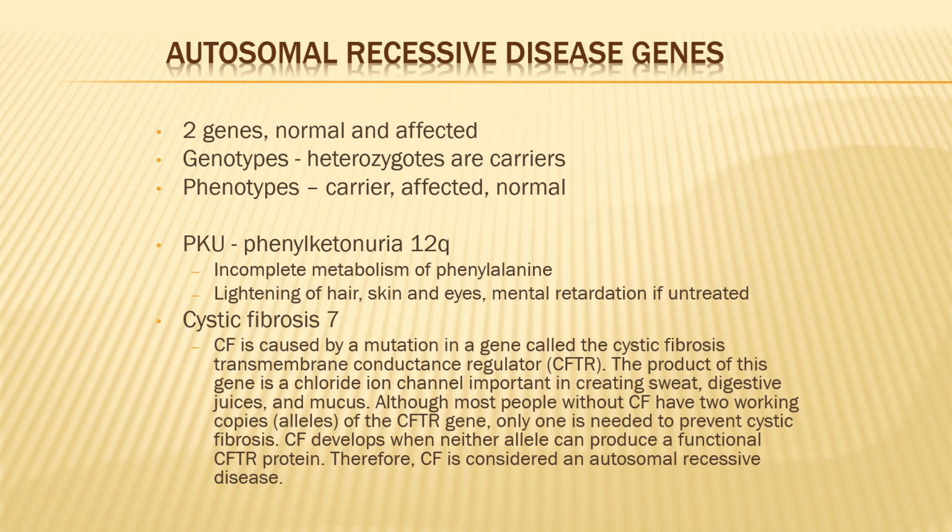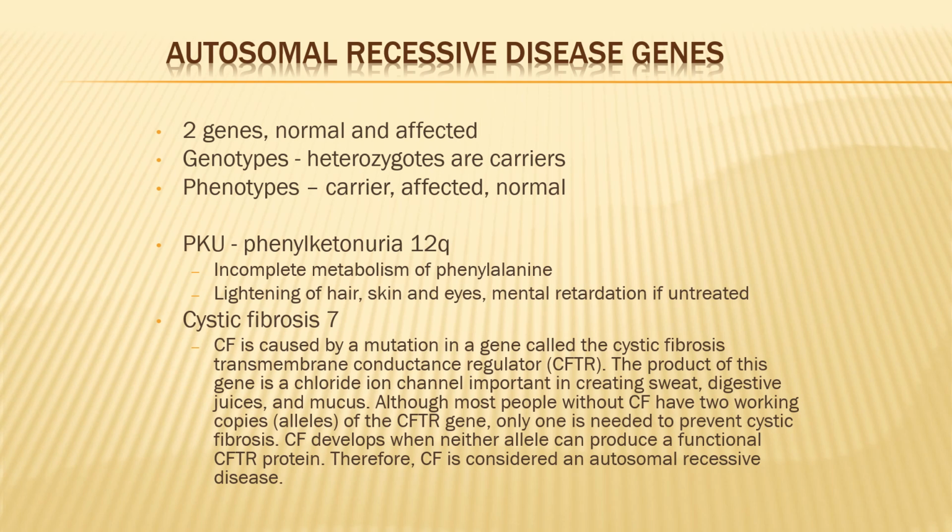Hi, everybody. So we're going to continue on with our discussion of genetics today. And on the first genetics PowerPoint, we talked about how autosomal traits are inherited. So those are genes that are on autosomal chromosomes, which are chromosomes 1 to 22, and for which everybody has a homologous pair. We talked about a couple disorders that were due to mutations in autosomal dominant genes, most notably